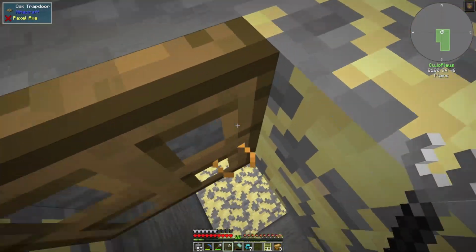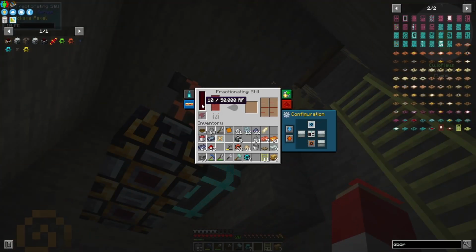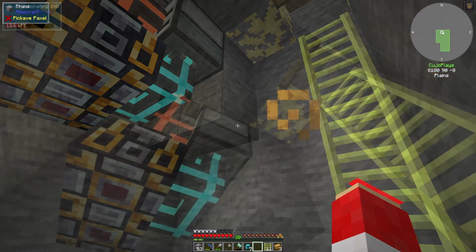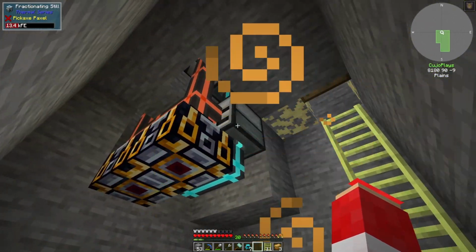So that should be getting all the power now. Do we just need to, like... Let's put it on save power mode here. Let it build up for a little bit. Alright, we got a little bit of power saved up, and hopefully enough to get these online to start generating